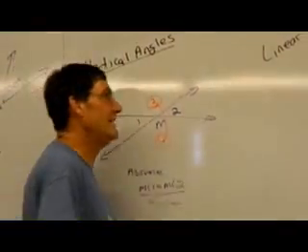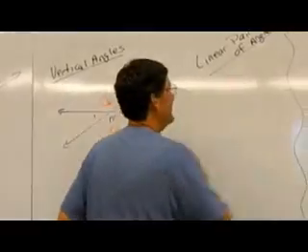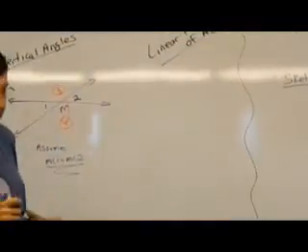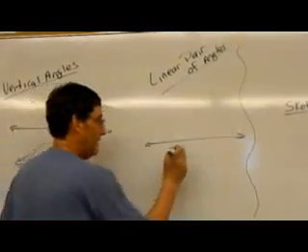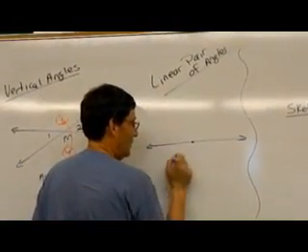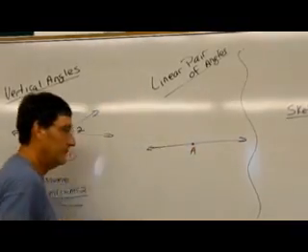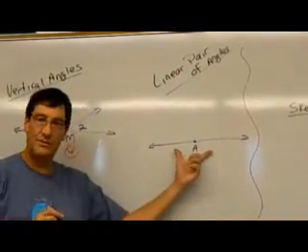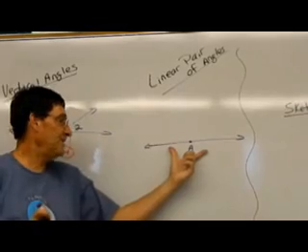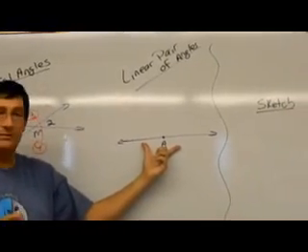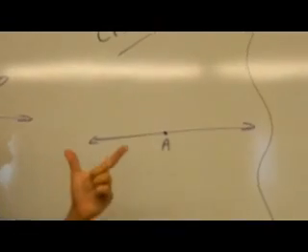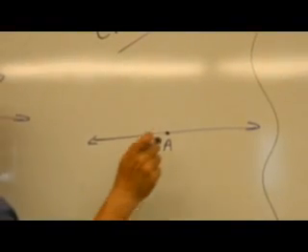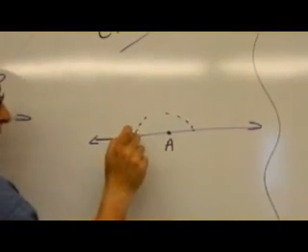Let's go over here to the next one. The next one is a linear pair of angles. Let's start here. Suppose I put a dot in the middle of this. I put a point right here. We'll call this point A. What kind of angle is this right here? Well, we have a straight angle, correct? I'm classifying angles from yesterday. This is a straight angle. Am I focused? Okay. A straight angle measures what? Well, you know a straight angle is going to measure